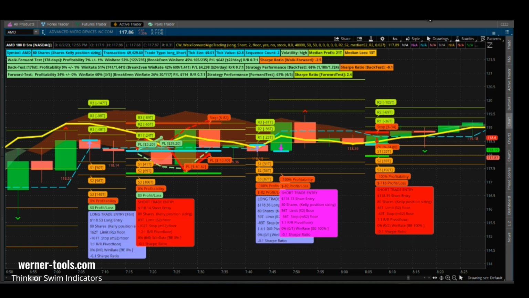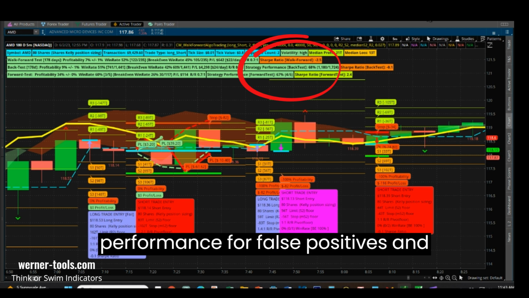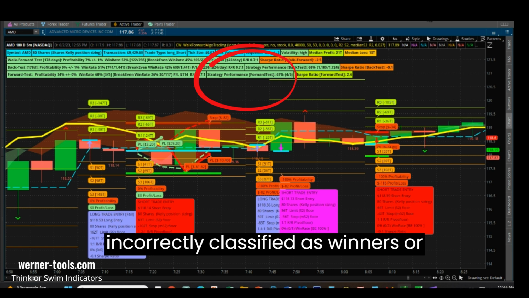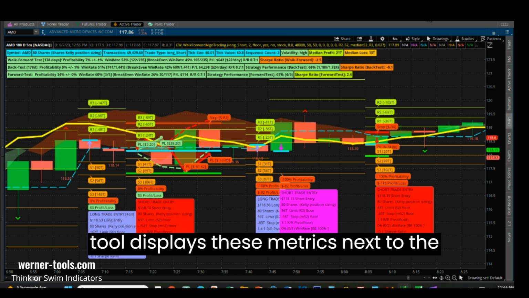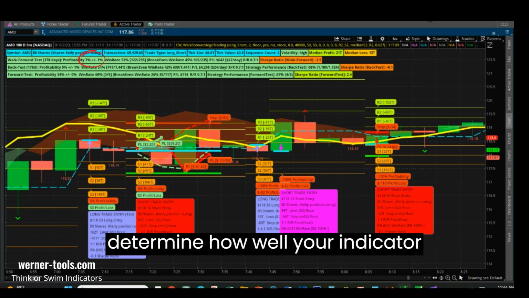subsequent testing. The tool also monitors the strategy performance for false positives and negatives, which are trades that are incorrectly classified as winners or losers by the indicator. The tool displays these metrics next to the profitability results, so you can determine how well your indicator matches the